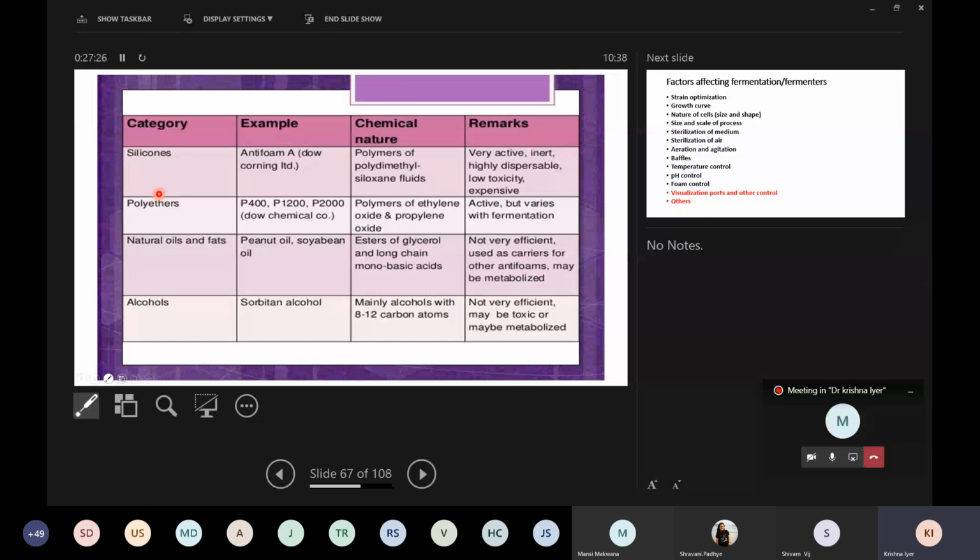As opposed to that, you can also kill foam using a lot of oils and fats which are available naturally, like peanut oil, soya bean oil, and so on and so forth. So when you put oil into the medium, it will kill the foam. But the problem with these types of systems is, remember, they are unstable. They can get rancid, so they get chemically converted. The other thing is when you put them in the medium, they get metabolized by the organisms and they will generate metabolites which are acidic and they will change the pH of the medium. Okay, and because of that, they are not used when